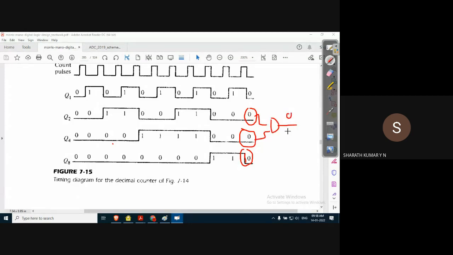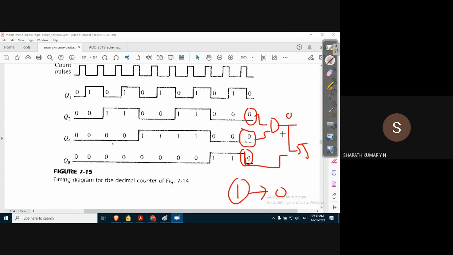When this 0 is applied as the J input for the fourth flip flop, the J input will turn off. Thereby, it will prevent it from going to logic 1, and the final output of the fourth flip flop will remain at 1. It will never go back to 0.